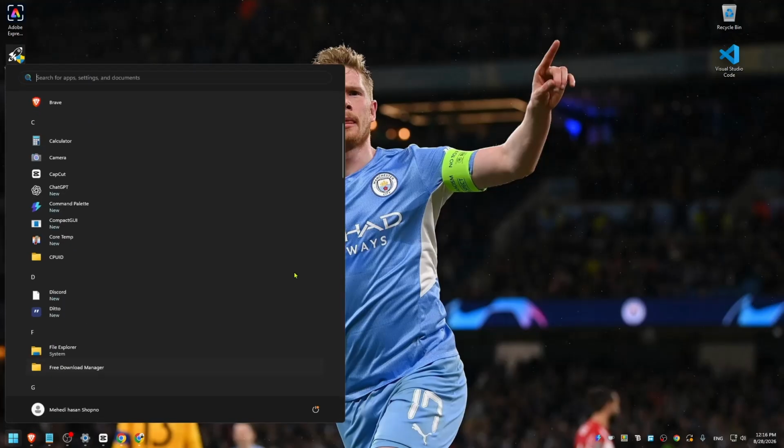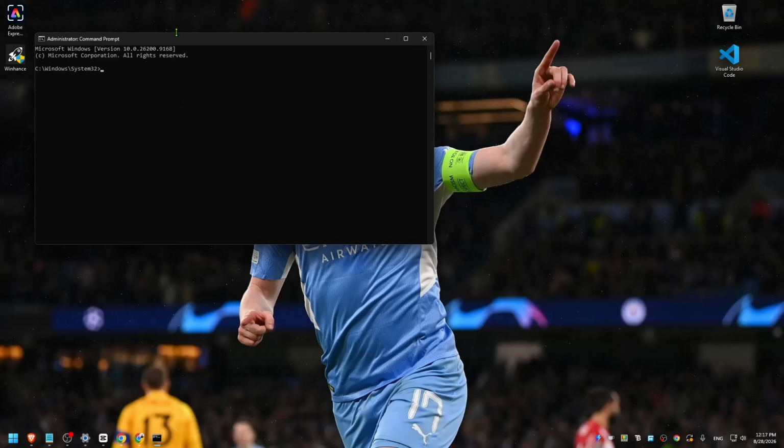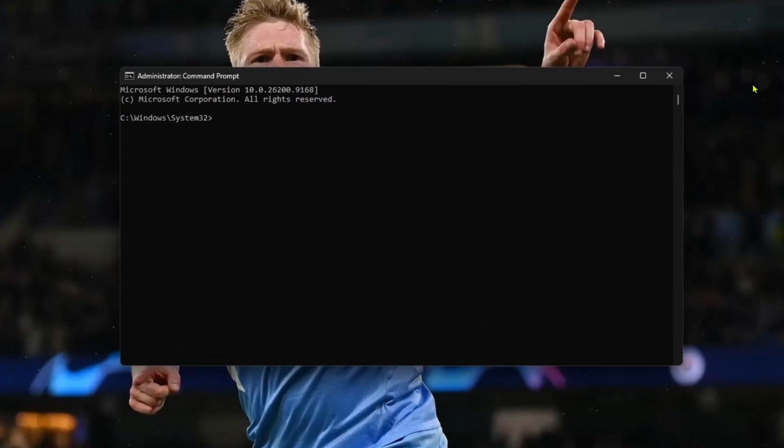To open CMD prompt, you have to come over to your start icon, and then you can simply search for CMD. Just open it as run as administrator. There will be a permission prompt, click yes. And here is our CMD prompt open. So our first command